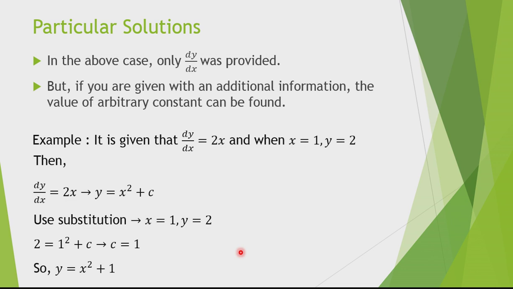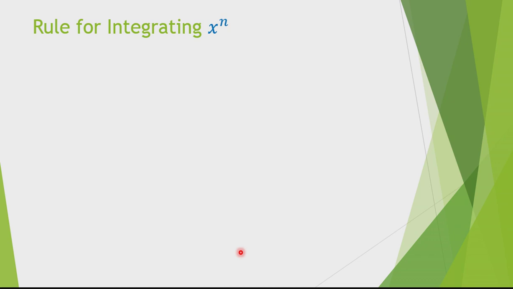Then with the support of the previous example, we can get an idea about a rule. You can form a formula or a rule for the integration of functions with x to the power n. That means if you have a power of x, we need to have a particular formula for the integration, and that will be this. So if you look at y equal x to the power n plus 1 function,